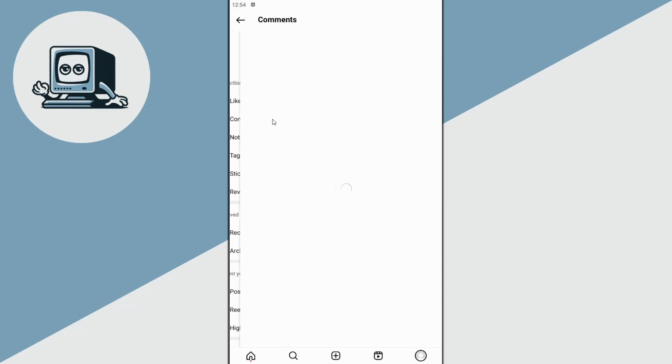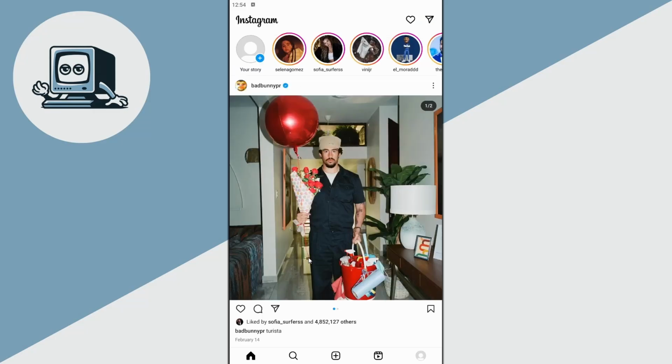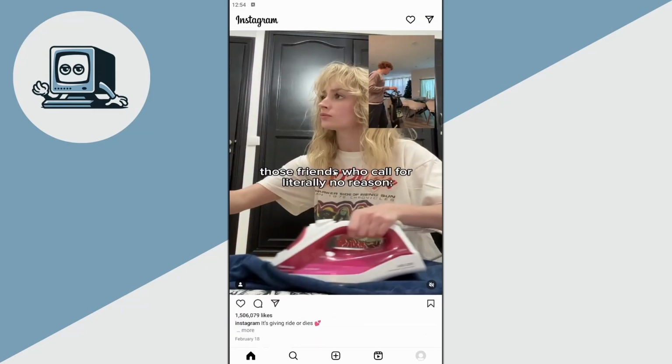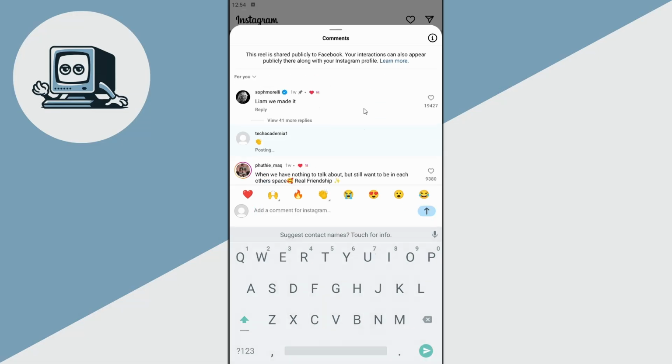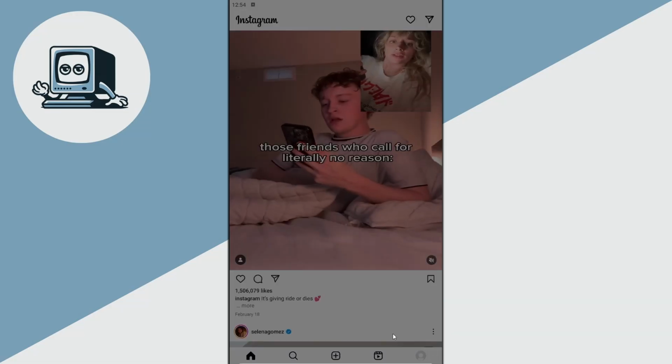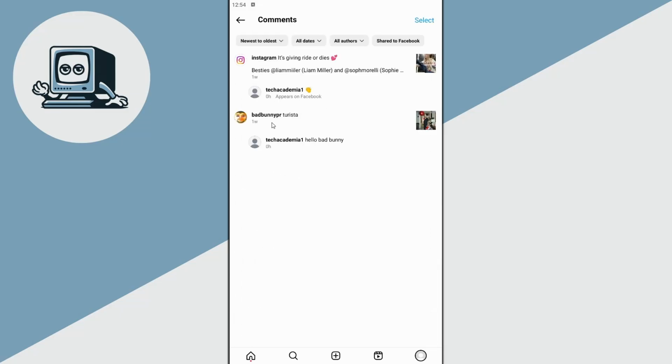And if I open this field, you can see all your comments right here. In my case, I only have one. So if I go to another post and leave another comment, for example, right here, a random post, I can go back to this category and you will see how this is updated, and here you can see all your